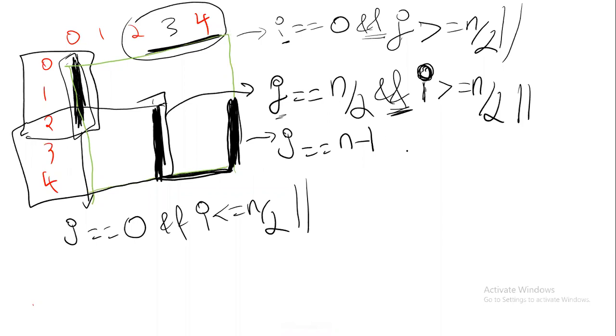So a limit is there, and the and operator. If and is there and j is here, which variable? Only i should come. As soon as you write your i variable, you have to come to the diagram and see for what values of i you are printing this line.